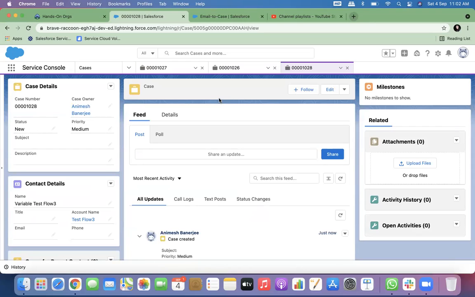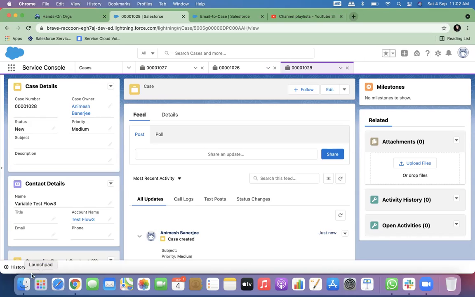Animesh, one question here regarding the CTI. When the call comes in, the CTI will be integrated, and the service console will be opened up, right? CTI integration is usually through the service console. Usually, service agents will always use a console because the traditional UI is not workable for them. They cannot jump from tab to tab all the time, right? They need all the information on one single screen, everything put together.